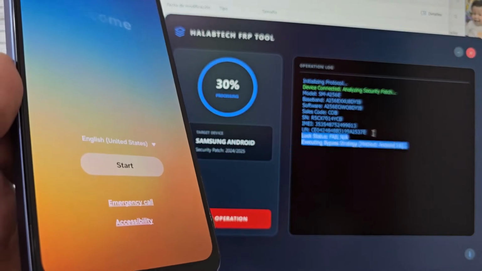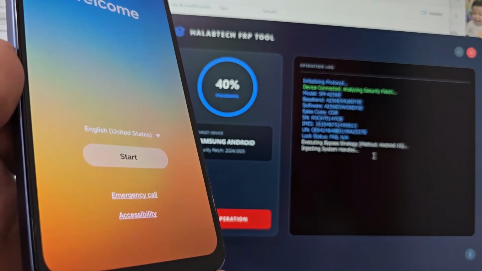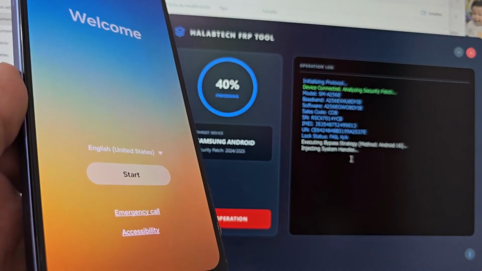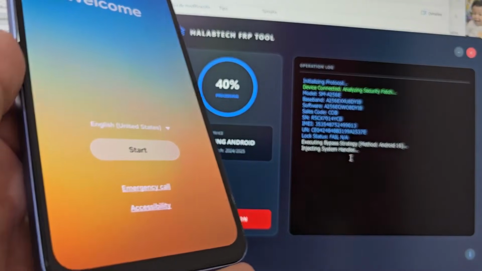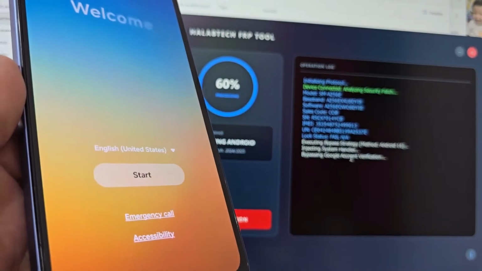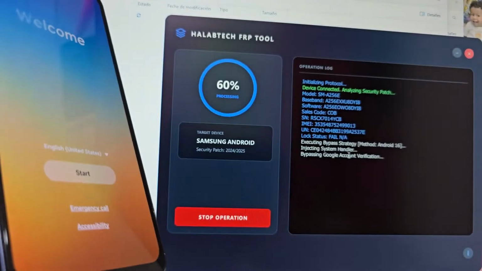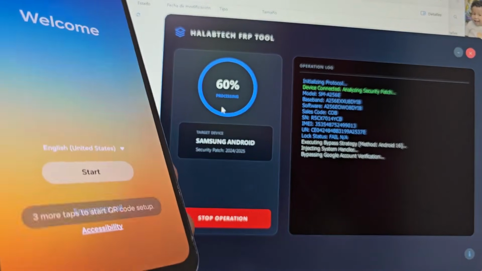The other methods for the tools are in the video description and the first pinned comment. PC method and PC free method. We also have a PC free method for some devices that may also be showing up here. We have the battery percentage. We're at 60%. Now it's going